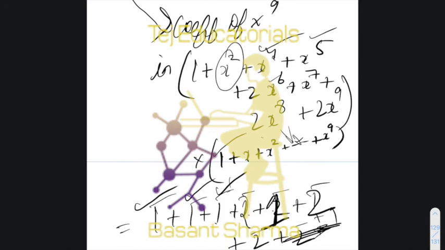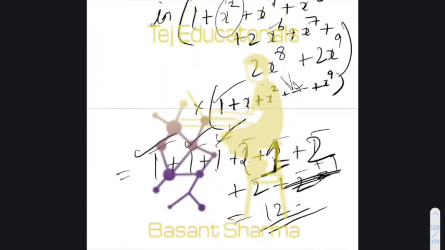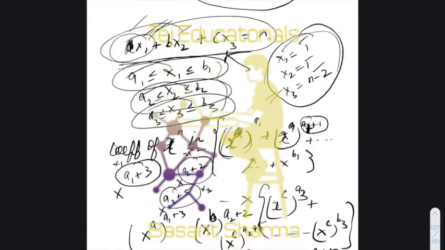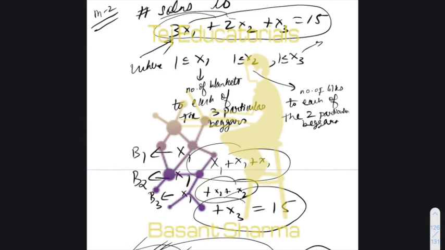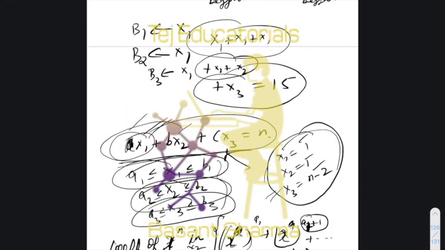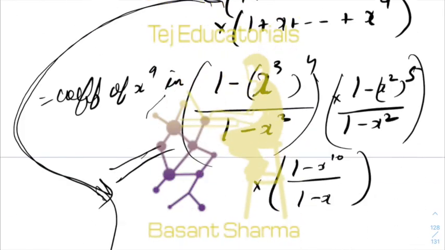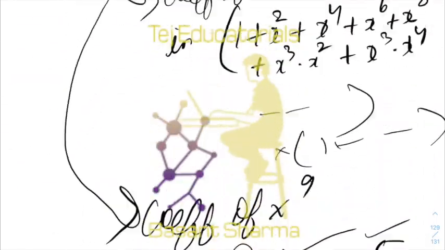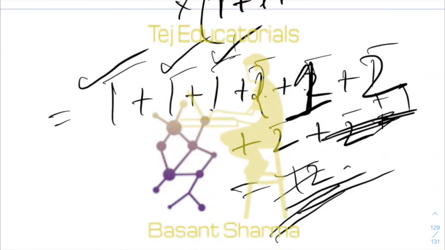Maybe I made some calculation mistake somewhere, but you can check for yourself. You should get 12. The idea is that you have to find the number of solutions to this equation where each variable has a minimum value of 1. It is a lengthy calculation, so I might have made some mistake, but finally you will get 12.